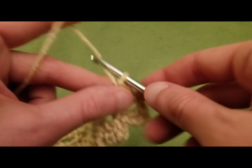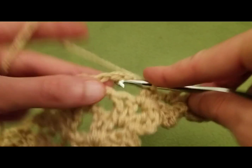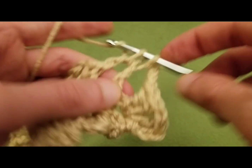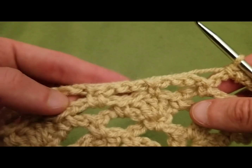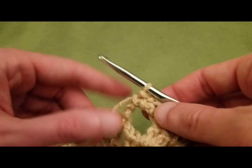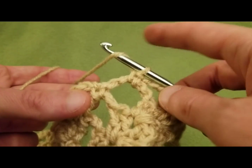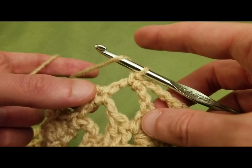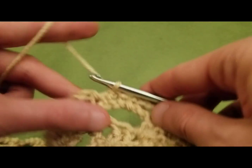Then chain 4, 1, 2, 3, and 4. Single crochet into the chain 4 space. All right, now we had our trellis on the previous row, so this will be a fan row, which could be your finishing row. So then into the single crochet, 3 double crochets,